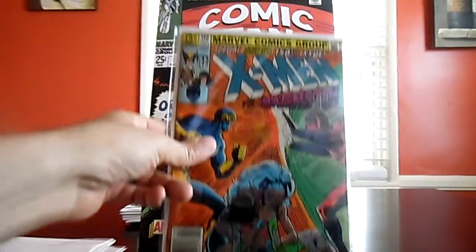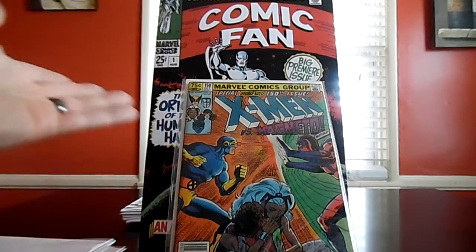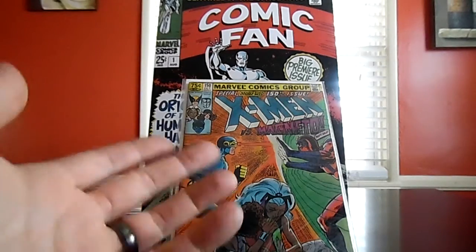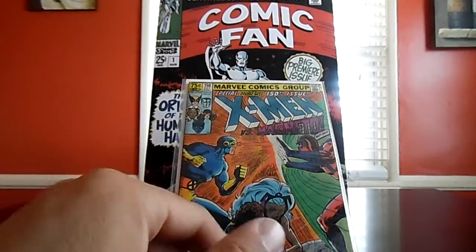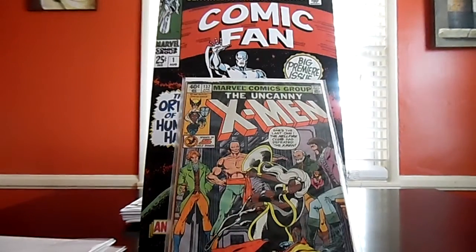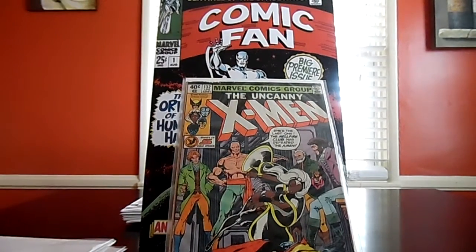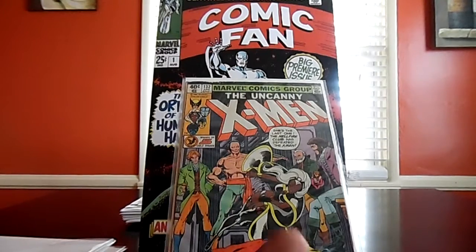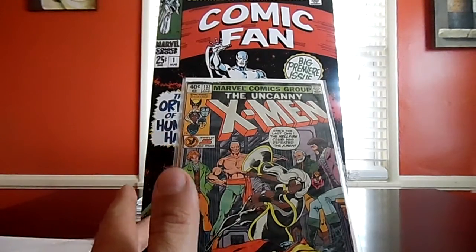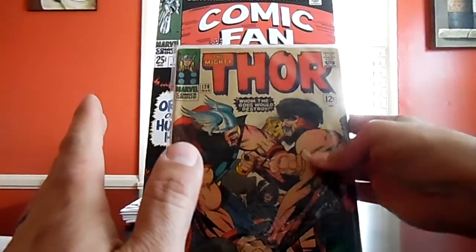Okay, then we got an X-Men number 150, a classic redone cover of X-Men number 1, kind of, sort of, and an X-Men number 132. Not bad. Still chugging along. This is when I kind of deflated my ego just a little bit. I got down to about halfway through the box, and got really excited when I saw the number